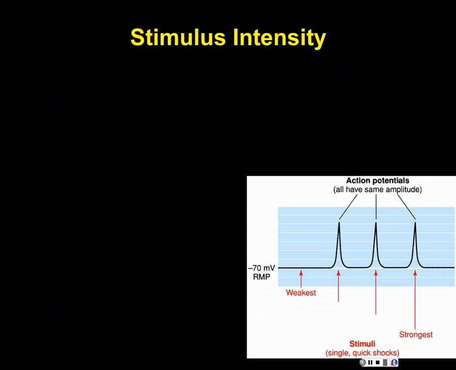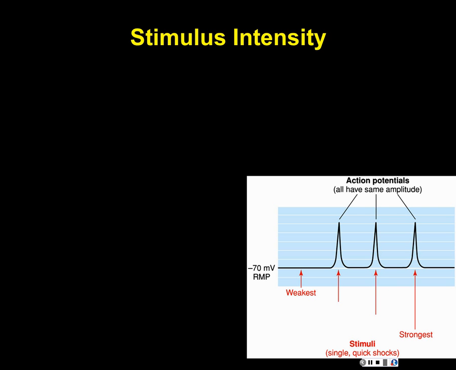So I'll try to get through as much as we can regarding this, and some of it will be a review from last Monday and Tuesday. The question is, how does a nerve know that it's getting more of a stimulus or less of a stimulus? A nerve doesn't